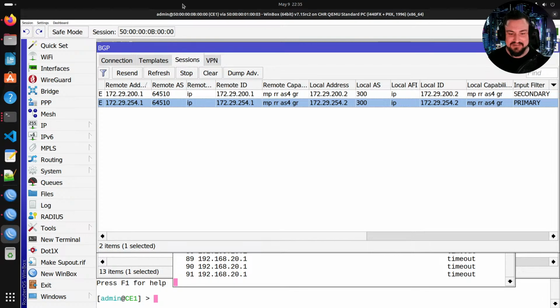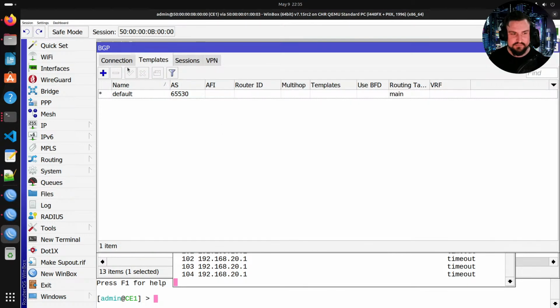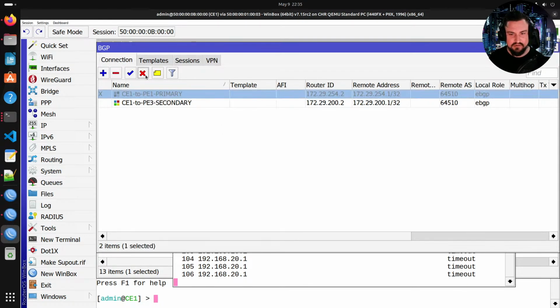That's kind of the point I was going to go to next. So good job mentioning BFD, because that is the one thing we could do, or we could just tweak around the whole timers and stuff. I'm pretty sure if I just drop the session manually, let's see what it does. I might have to drop it on the PE1 as well,